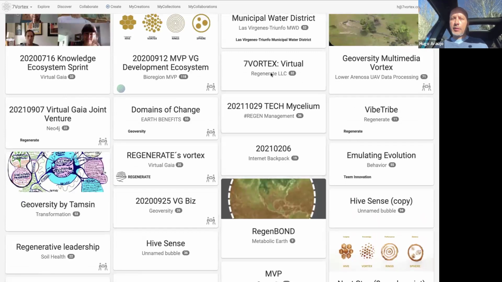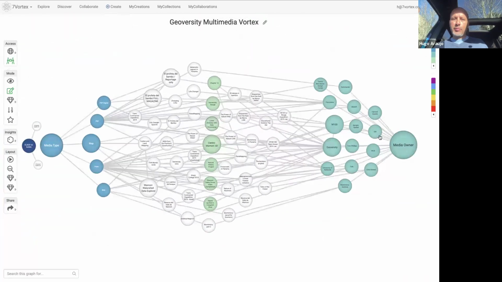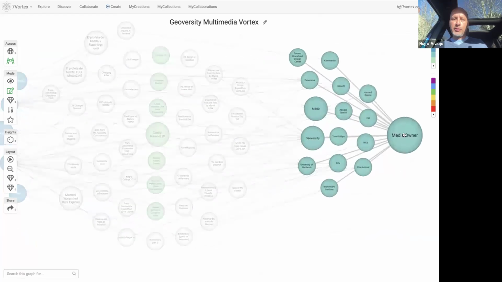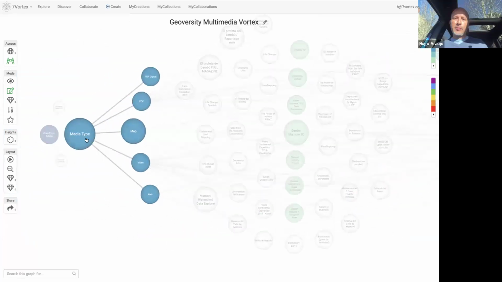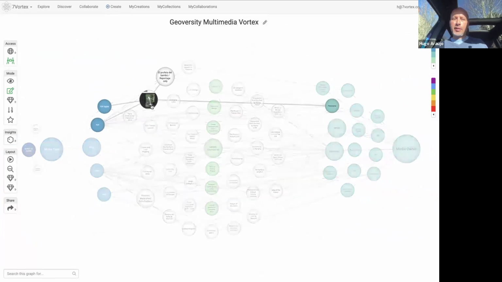It's a university, and they wanted to do a multimedia vortex. So how to put the media there. What we did is place them in two different ways. They wanted to see who's the media owner, and on the other side, what's the media type. And then in the center, you have all the interactions in between.